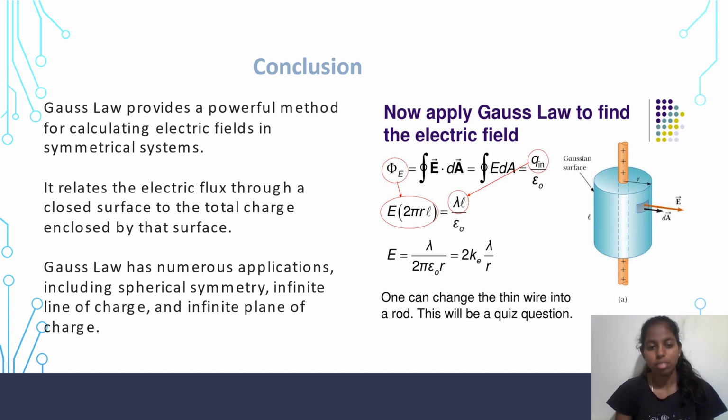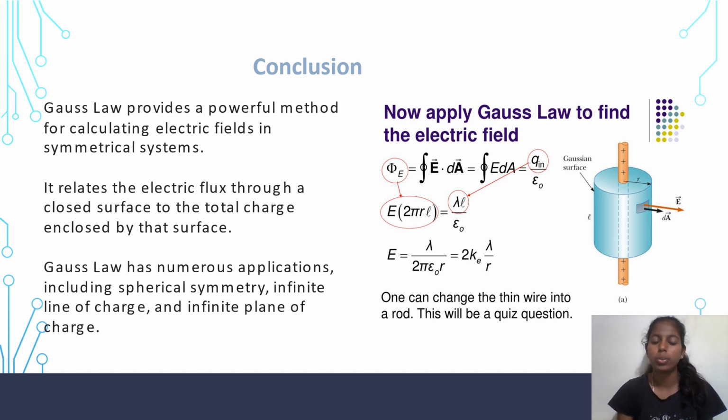As we have seen, Gauss law has many applications in spherical symmetry, infinite line of charge and infinite plane of charge. In spherical symmetry, the electric field is inversely proportional to the square of the distance, as in the formula E equals Q divided by 4 pi epsilon r squared, whereas in the infinite line of charge, the electric field is inversely proportional to the distance. As the formula says, electric field intensity is equal to Q divided by 4 pi epsilon r,